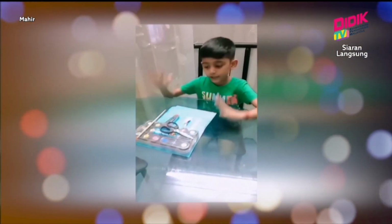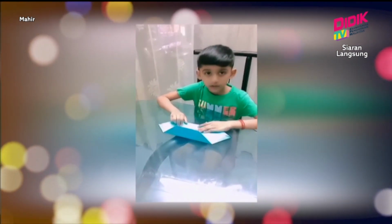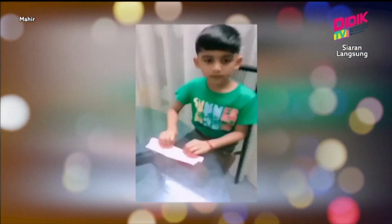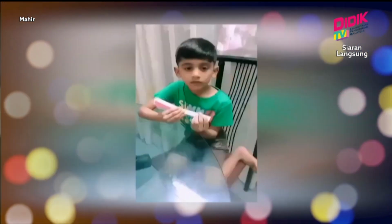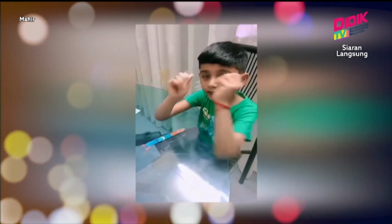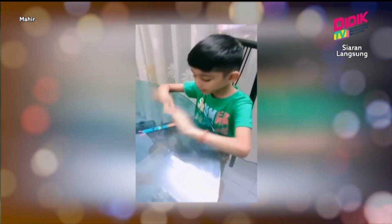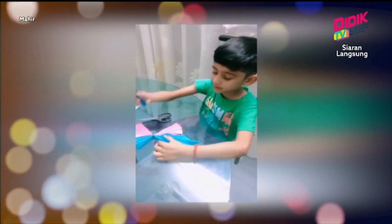These are the things we need to make the butterfly. We need to fold this up to the middle. Fold the paper to the middle. Now we need to fold the paper in front and back. We need to roll the eyeball and stick it on the ice cream cone. We need to paint some so that it will be beautiful. Now we need to take the ice cream stick and